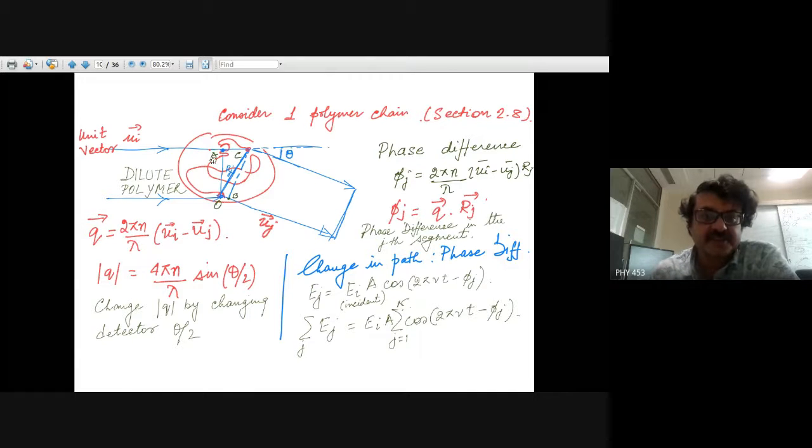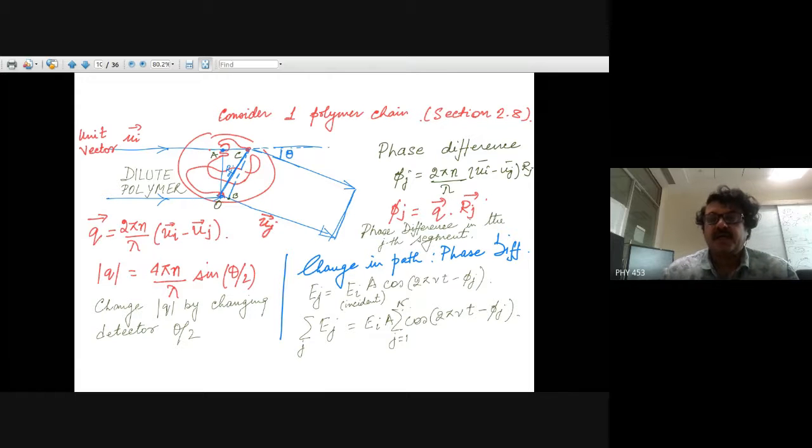The path difference, this path minus this path, because light from different segments would have traveled different distances, and the phase difference will be 2 pi n, refractive index, by lambda, times ui minus uj. This is ui, this is uj,